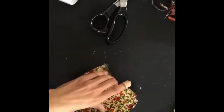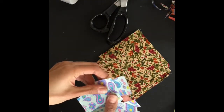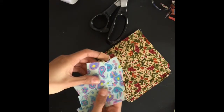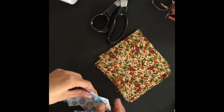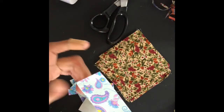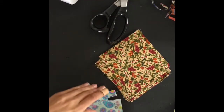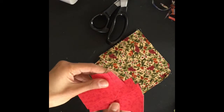I've made some already. This is some that I've already cut out and backed with double-sided tape, different sizes, just playing around with the material. I found this material at a thrift store. So pretty, love the colors. And that's one batch. Then I did some reds,